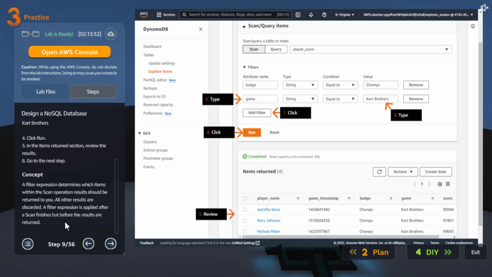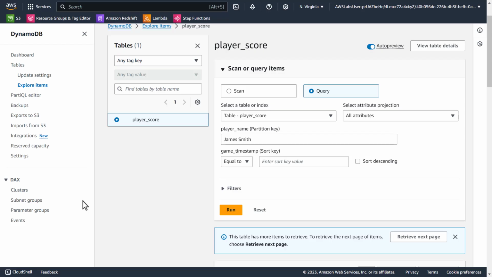When you apply a filter, it is going to give you results according to the filter and discard the remaining. So don't assume when you put a filter, it is not going to scan the table. It is going to. So scan happens first, then the filter is applied on top of the scan. Remember that. So let's go ahead and do that as well.